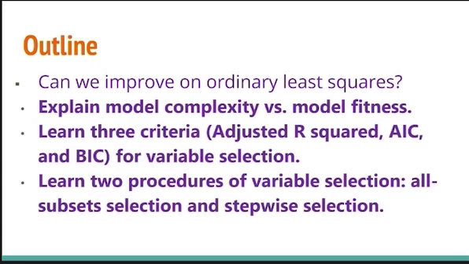I remember I mentioned R squared and the residual sum of squares. So R squared and the residual sum of squares are the only metrics of evaluation when you are interested in model fitness. But in a situation where you also want to take into consideration the complexity due to the number of explanatory variables you have in your model,